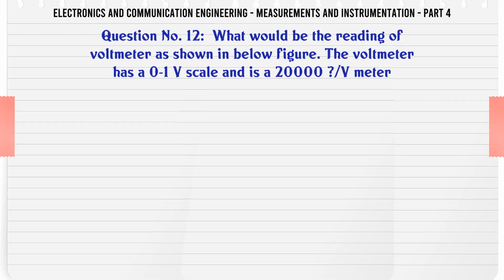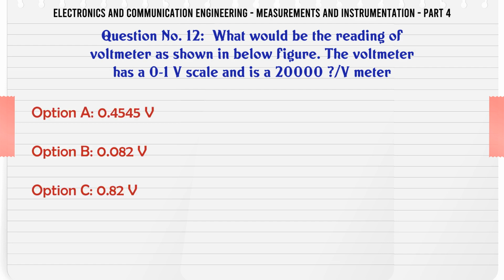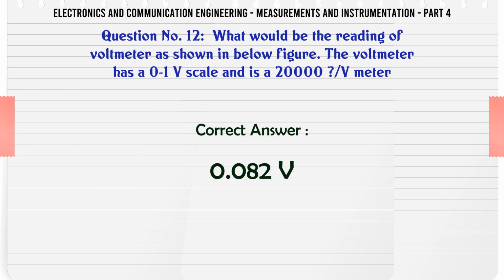What would be the reading of voltmeter as shown in below figure? The voltmeter has a 0.1 V scale and is a 20,000 ohm per volt meter. A 0.4545 V, B 0.082 V, C 0.82 V, D 4.54 V. The correct answer is